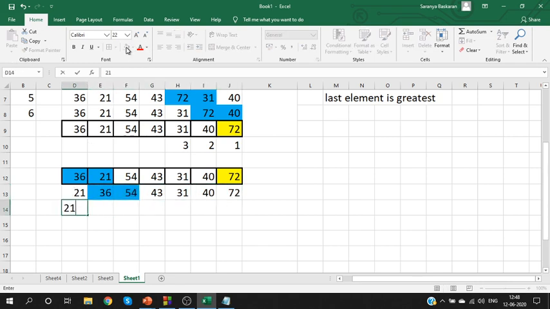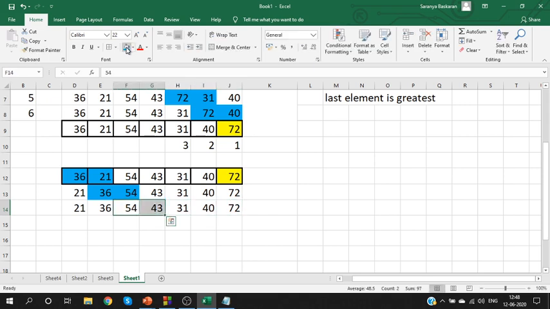For 36, 54, we will not swap because the condition is true. Right. So 43, 31, 40, 72. Next comparison is between 54 and 43. For 54, 43, swap or no swap? 54 is greater than 43, so swap them. 43, 54, 31, 40, 72.